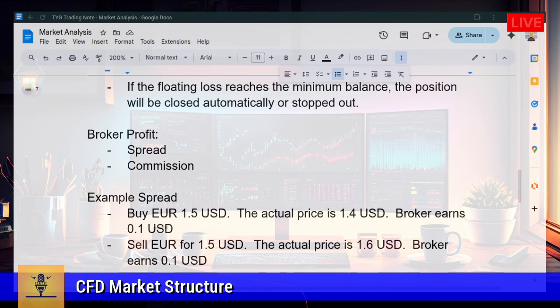There is actually another source of income for brokers. It is the swap fee. Swap fee is similar to interest for lending money. Since CFD needs leverage, that means we are borrowing money from the broker. Some brokers forfeit the swap fee, but most of them activate it as the default.